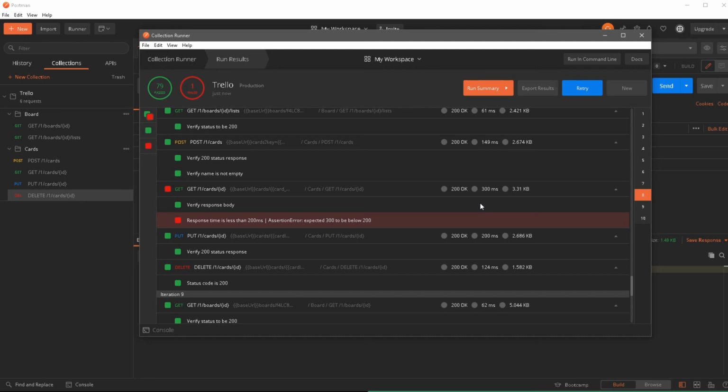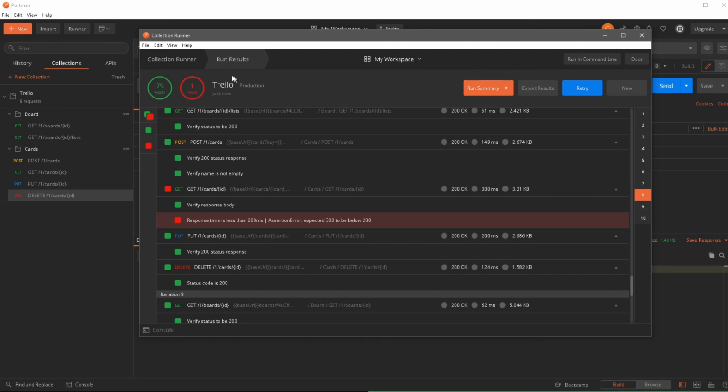Now I don't want to be doing this because this is a Trello collection, a production API. So you would probably want to test this with your dev server or a QA server and see if your performance gets affected when you're running this multiple times. But this is a good use case for that. We added this test case to see if the performance would get affected, and we can actually see this happening. And this, I didn't plan this. So I'm actually surprised that this happened.